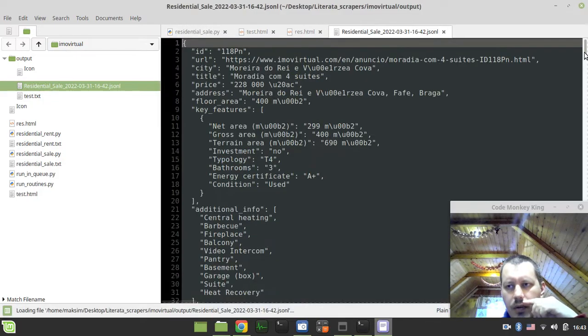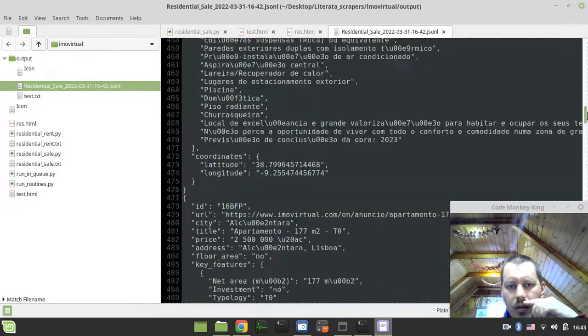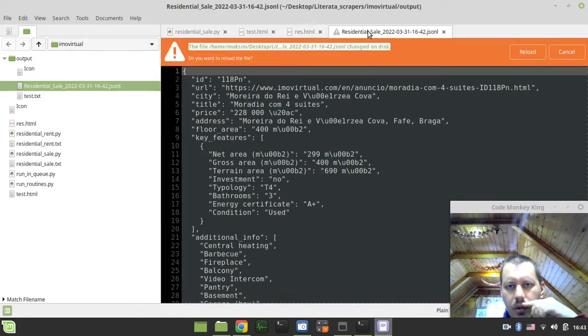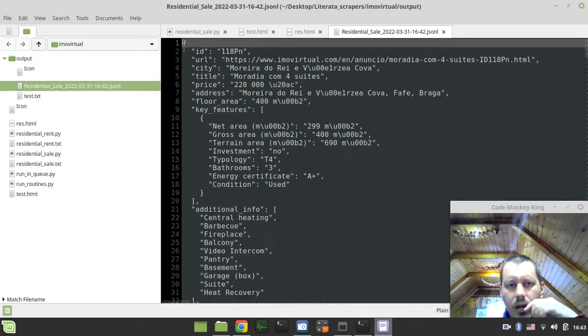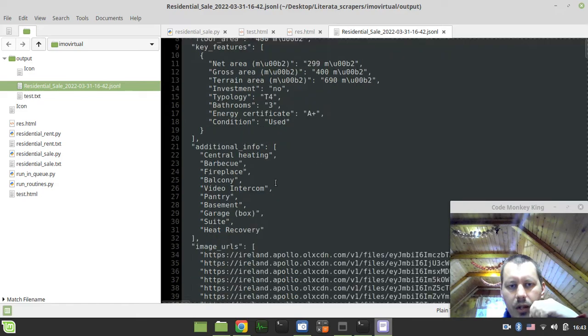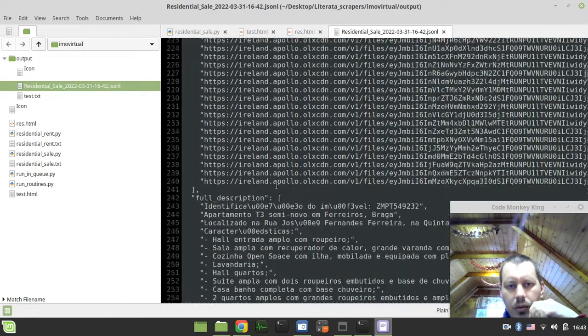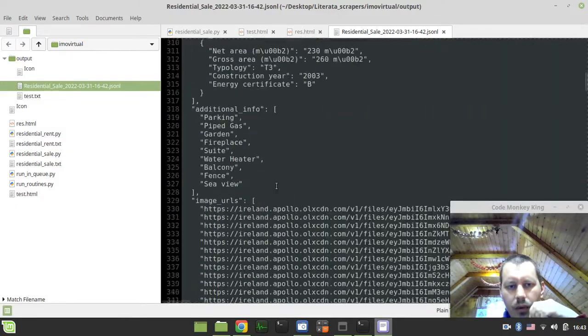Let's quickly check this out. And indeed it is. Okay, so yeah, we just scroll through the rest and it should be updating, and it does update. Okay, so we got the ID, the URL, city, title, price, key features, all this stuff. Yeah, the data looks awesome, just like it was before.